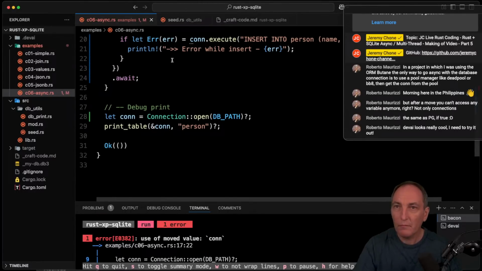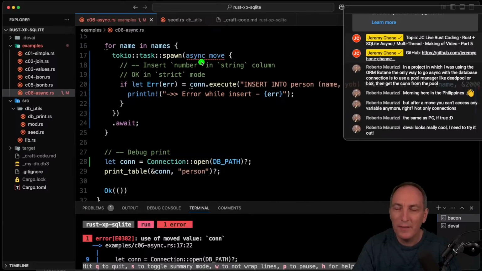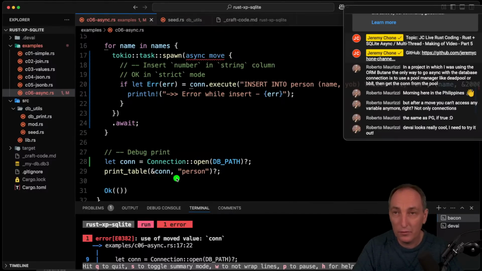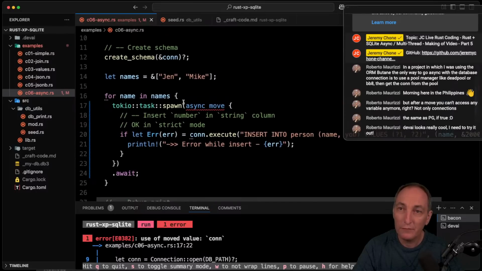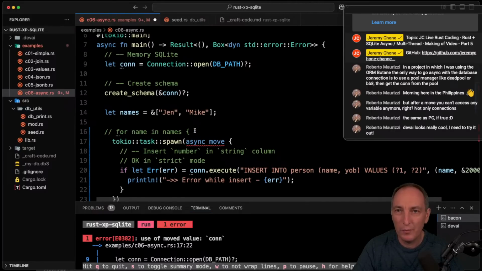So now if I press save, this is going to complain. Yeah, we solved this one. Sometimes, I think it's Rust as well, it doesn't show the error. So we think, oh cool, we're going to solve that and we're good. But no, because in fact the connection is moved on the first loop, but then it's reused again. So if we didn't have a loop, it would have been okay, yes? If we didn't have a loop like that,